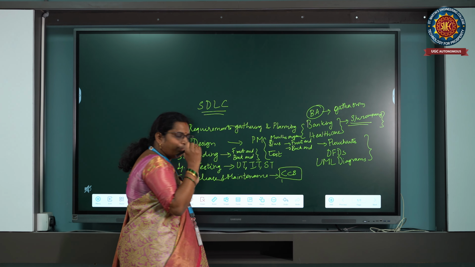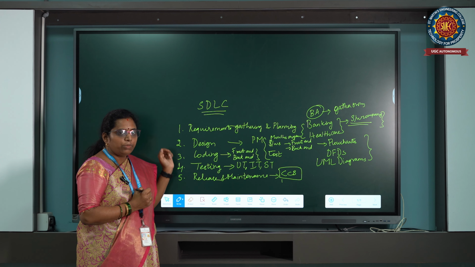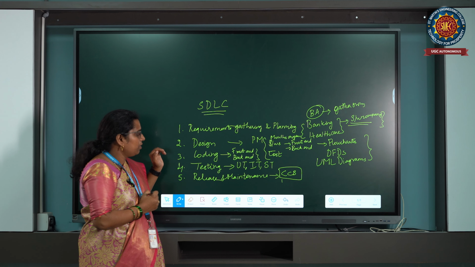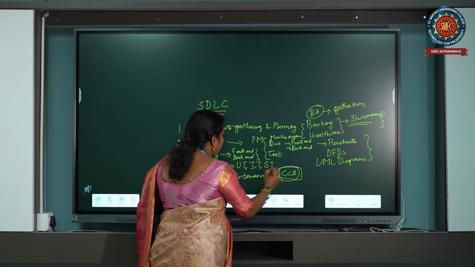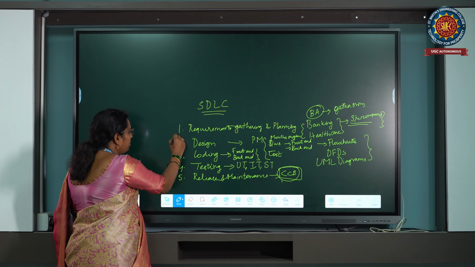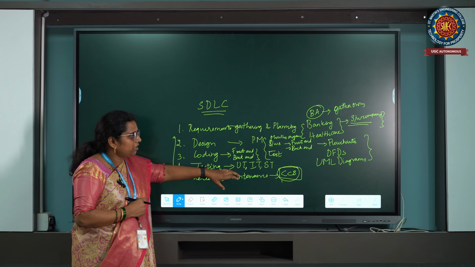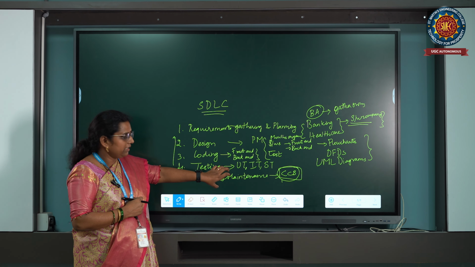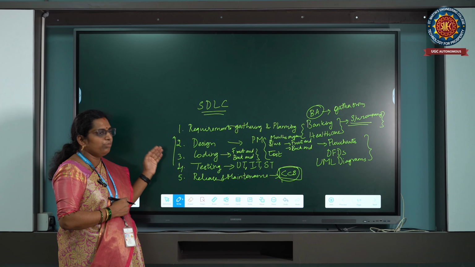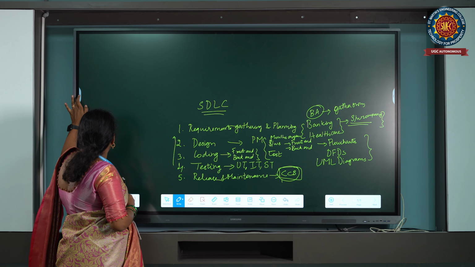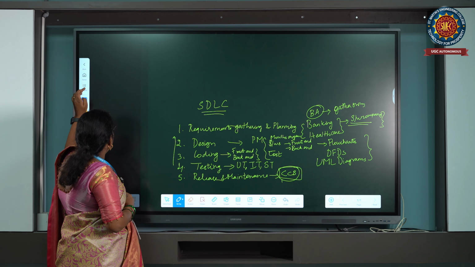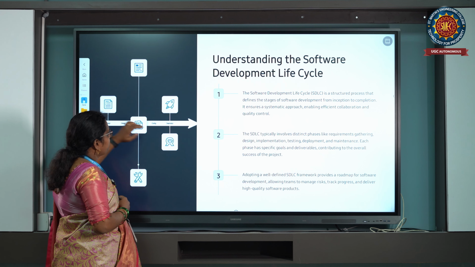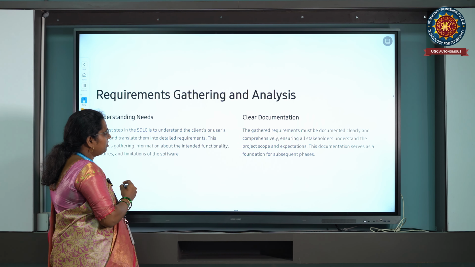Again, if there are any loopholes in that product, they are going to maintain it. Completely, they are not going to do it from the scratch. They are going to change in the change control board. They are not going back and they are not doing. But only a set of people will be doing this, and they're going to change whatever the things they are. These are the basic phases in the life cycle model. Right, these are the phases.